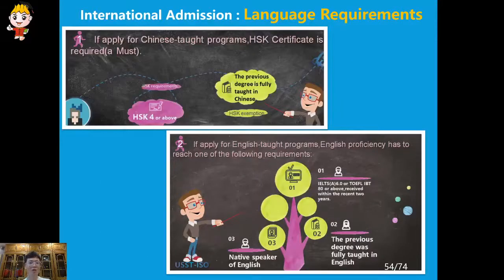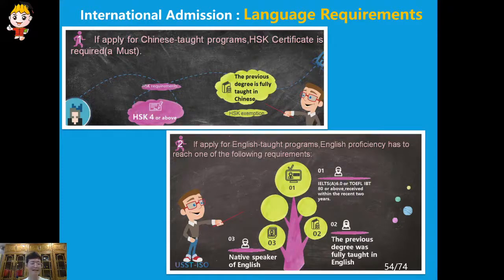And we will explain in details. If applying for Chinese taught programs, it is a must, a compulsory one for HSK certificate, right? But one reminder here is if your previous degree is fully taught in Chinese, then we'll consider giving you an HSK exemption.